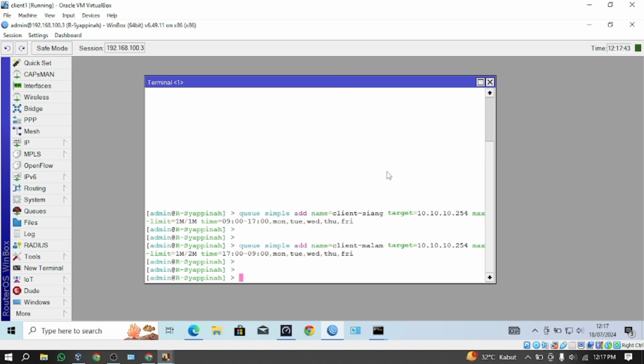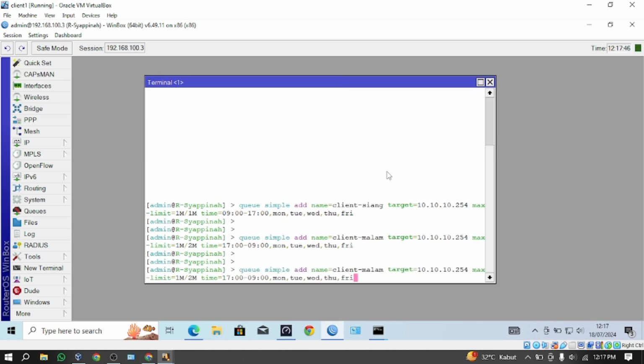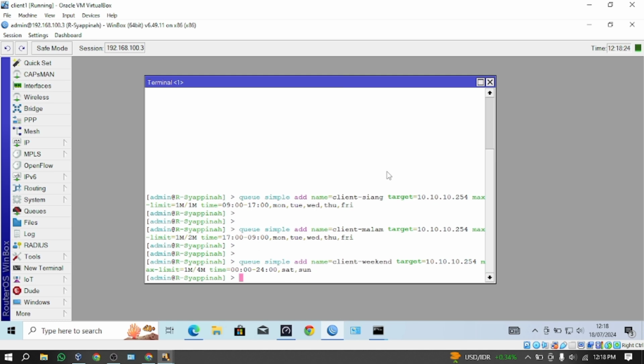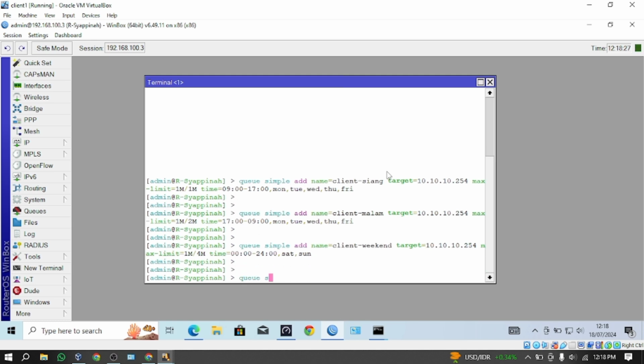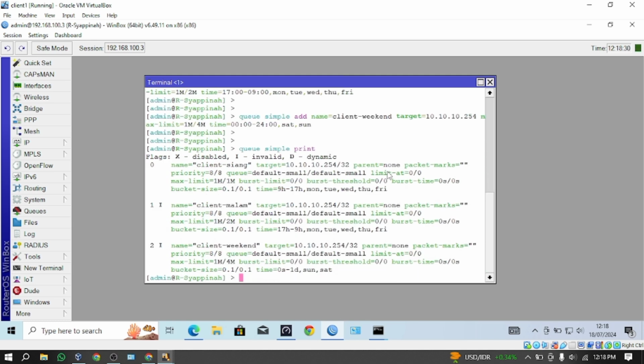Then do the same thing for weekend clients with max limit bandwidth, different hours and days. Then verify the result of the simple queue configuration with QSimplePrint.